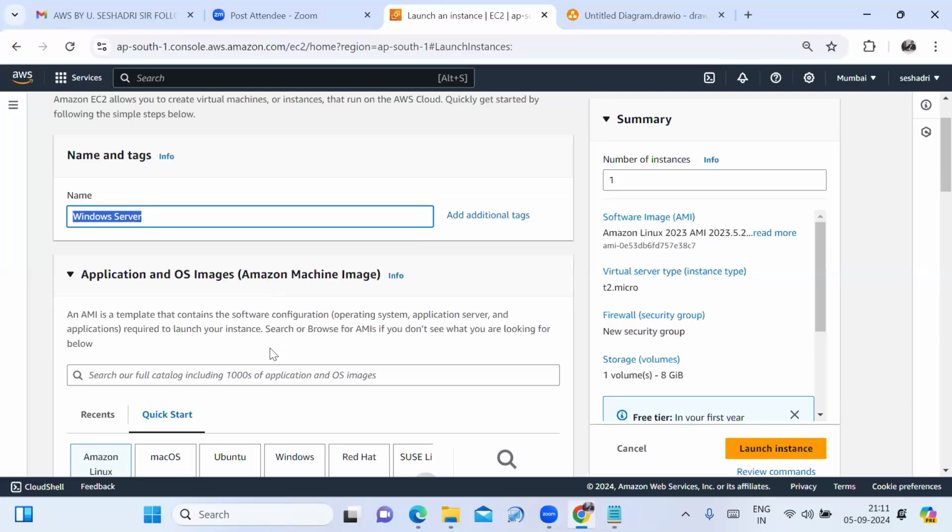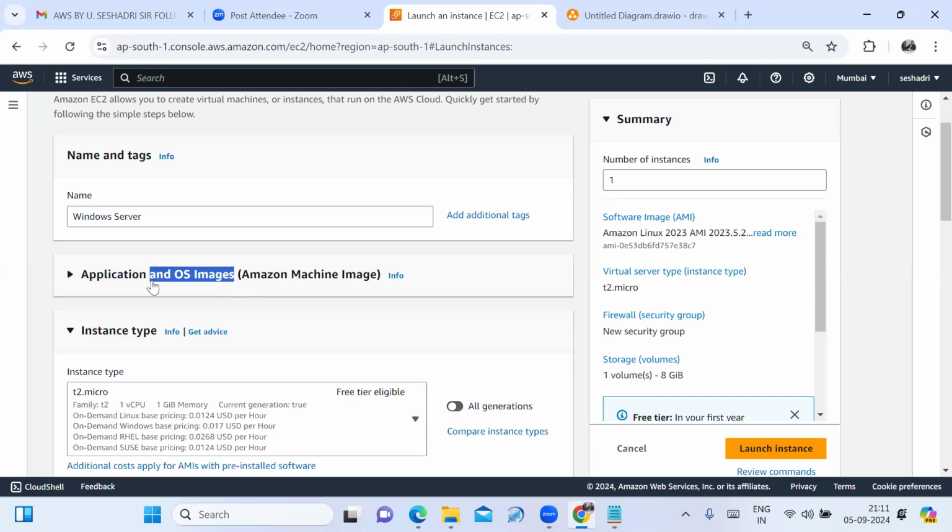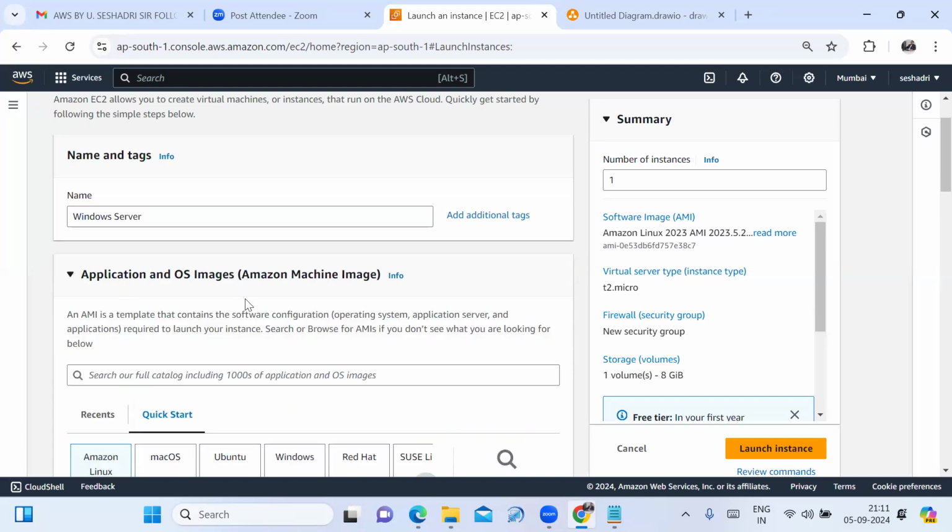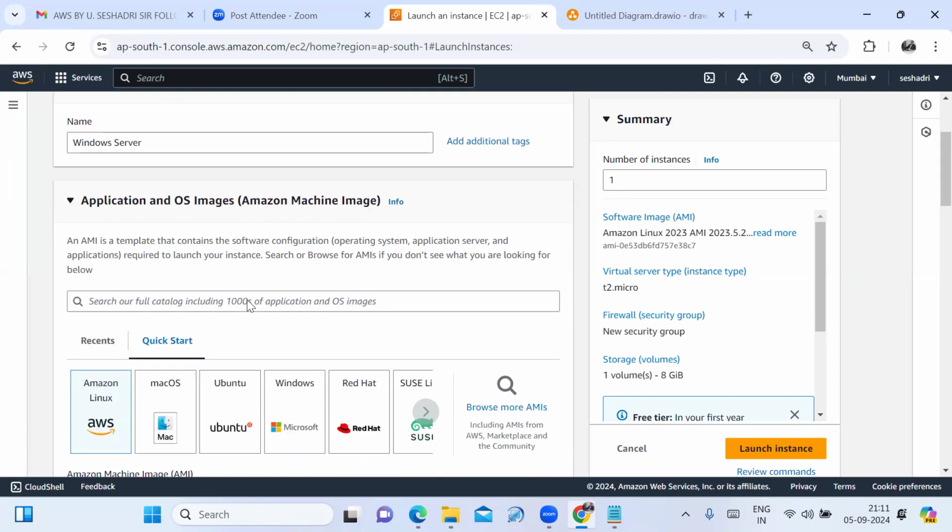Then the next step to launch the Windows server, you need to choose the operating system image. That's nothing but which server you are launching, Windows. Operating system image is nothing but the Amazon Machine Image.